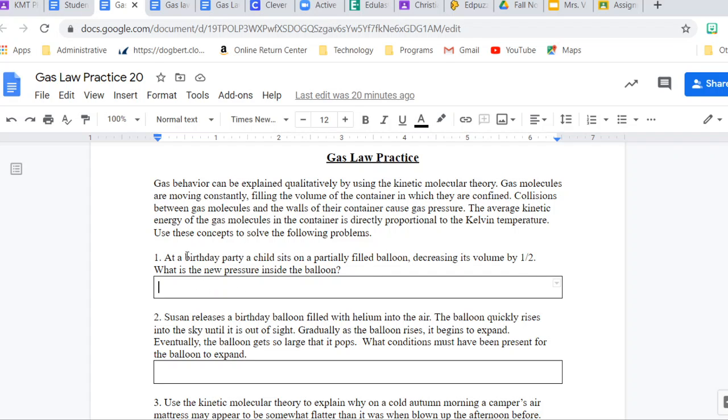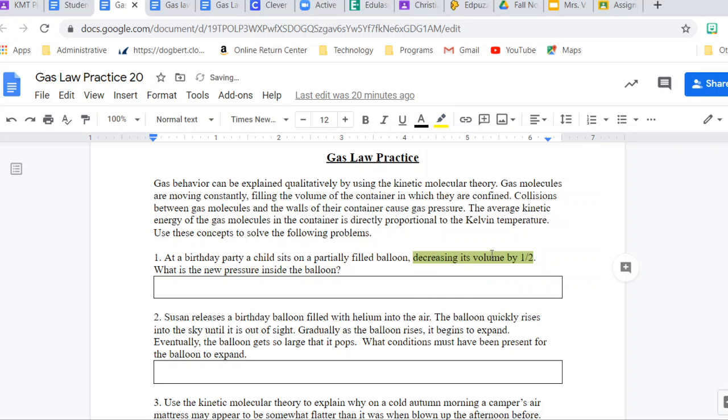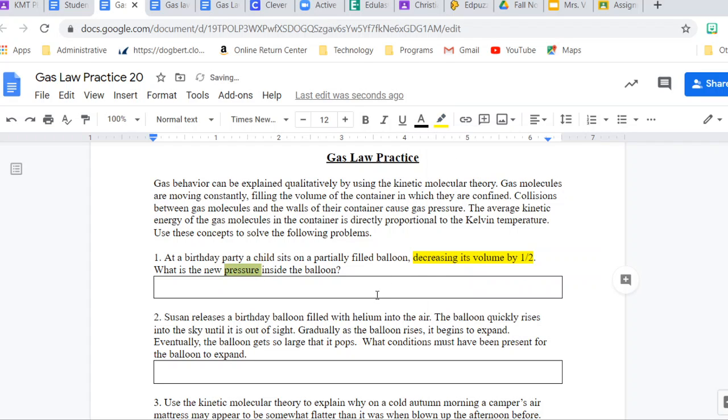So, at a birthday party, a child sits on a partially filled balloon, decreasing its volume by half. Now notice, I am highlighting when it gives me a measurement. What is the new pressure inside the balloon? So what I see here, if I highlight the measurements that are in this question, I have